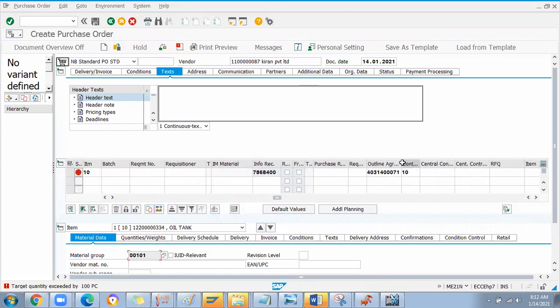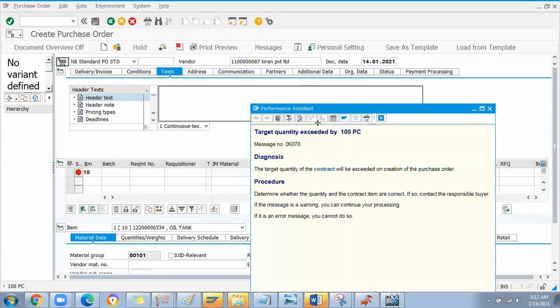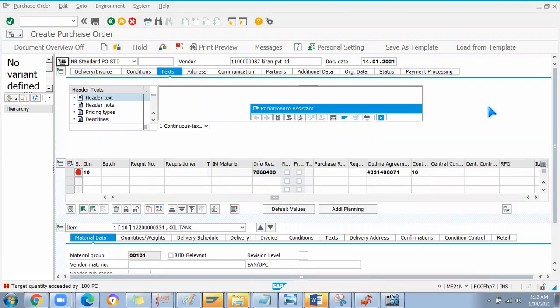See, Arun is referring to the agreement, which has already reached that quantity, so this error will come into the picture. This is also learning for you guys. If you have done any contract process, or if not, just practice using that contract: create some PO, then receive it. Later, if you use that agreement again to create a PO, then definitely this error will come.